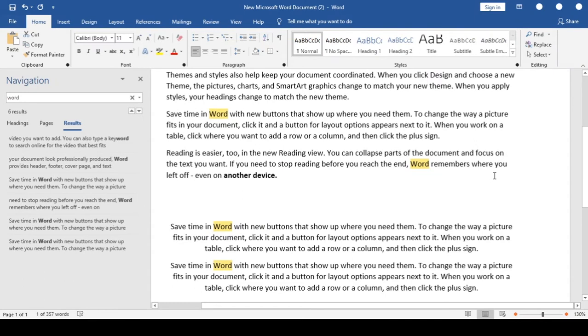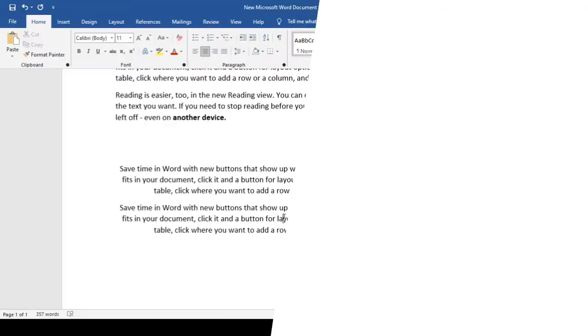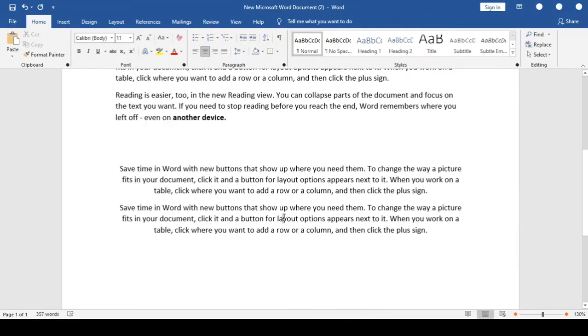The next shortcut is go to. The shortcut for this is Control plus G, and here you can find any sentence or word or replace any word. Replace is another cool feature in MS Word which you can utilize to replace a word with another word.